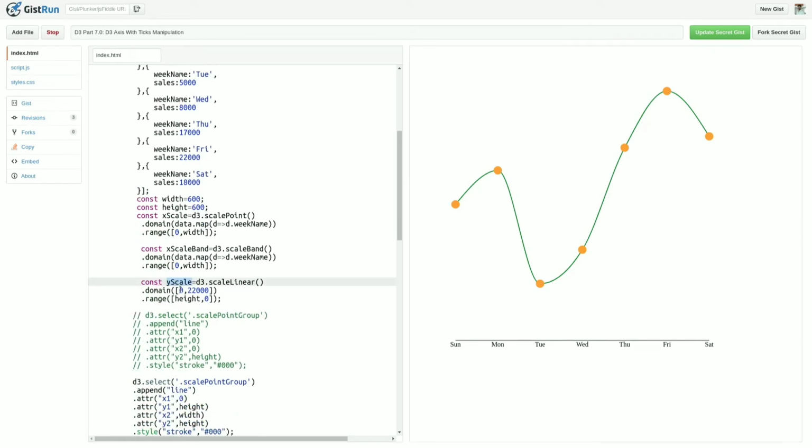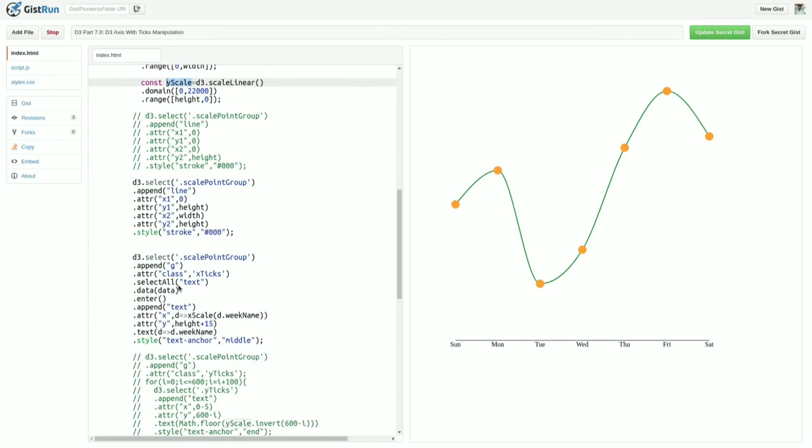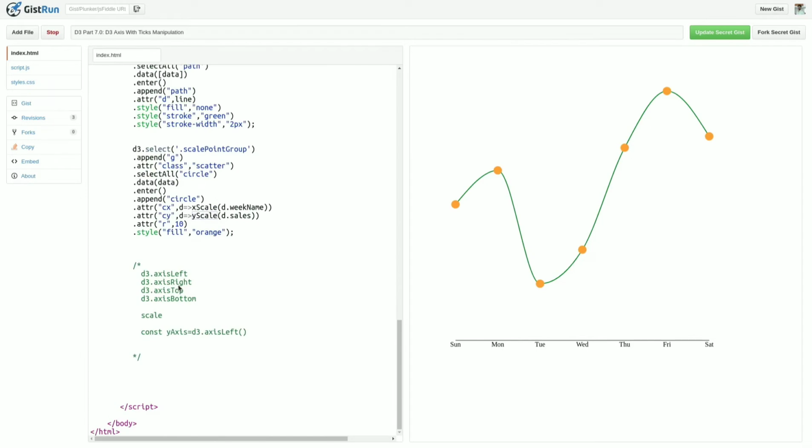You can see that yScale is created using scaleLinear, with the domain 0 to 22,000 and range 600 to 0. So I copy this yScale, and in axisLeft we pass this yScale. This is very simple; this way you can create the axis variable.